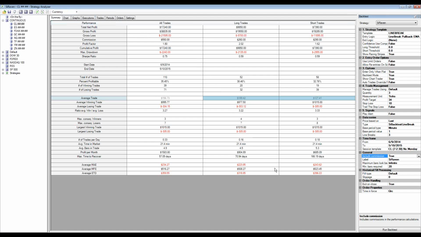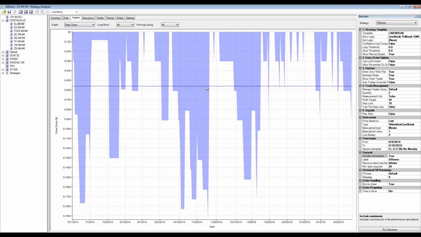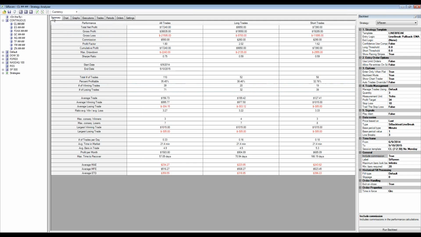So take a look at this, George. You guys see it? Quickly. Nice steady climb. Very slow, very small drawdown. We're taking a look at a profit factor of 1.8. We're not really concerned about a Sharpe ratio because we're not trading the risk-free return here. We're not looking at bonds and interest rates. 35% profitability, but we're not trying to be right. We're just trying to make money because every losing trade is only 300 and the average winning trade is close to 1,000, right? So the average trade expectancy,